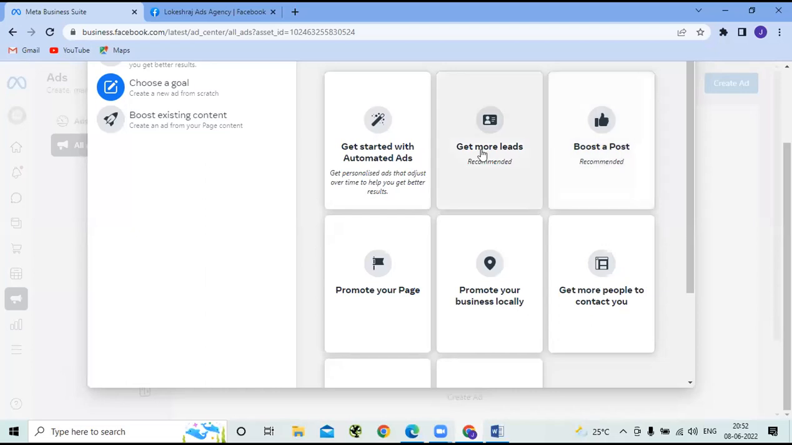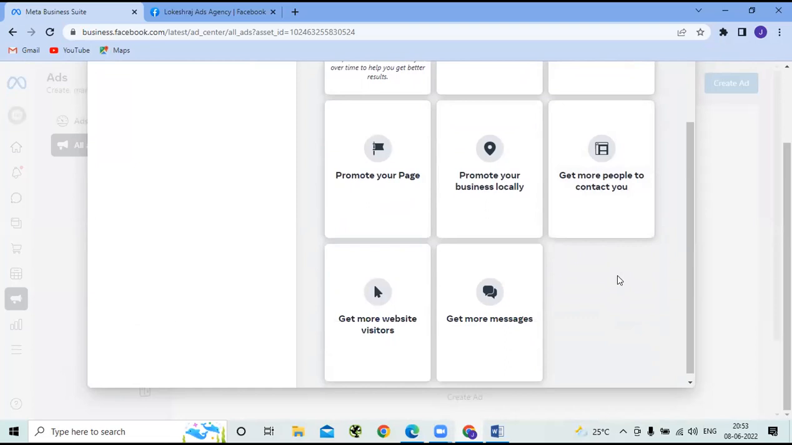Is it that you want more leads, or do you want to boost a particular post, or do you want to promote your complete business page? Reaching out with your business page to local businesses, that is nearby regions, or do you want more people to contact you, that is making calls to you, or do you want people to visit